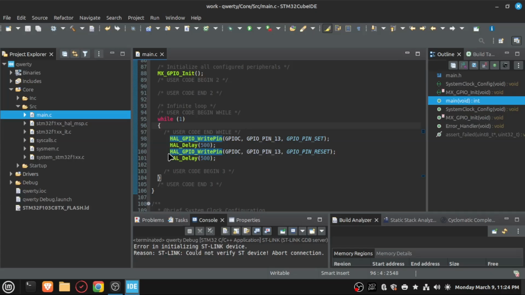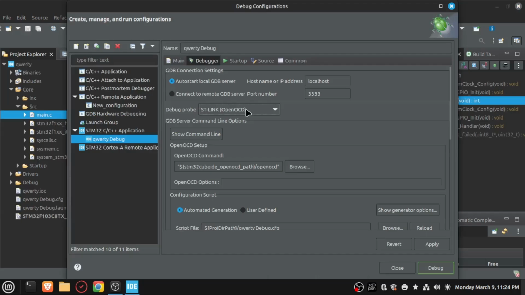Yeah, in this, it might actually tell you to go and change it to the GDB to open OCD, and maybe it could have also told you to,